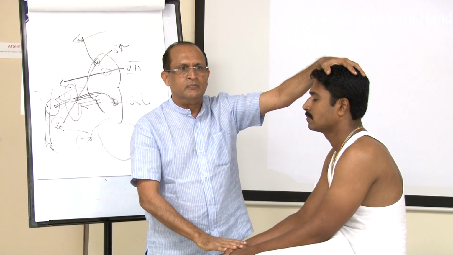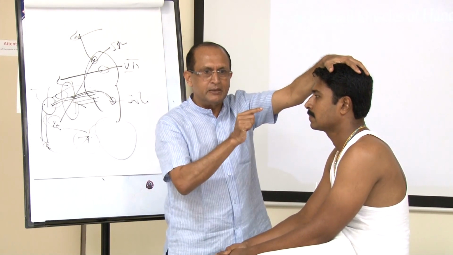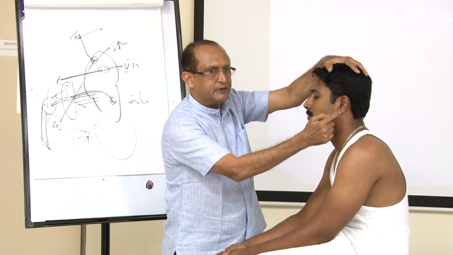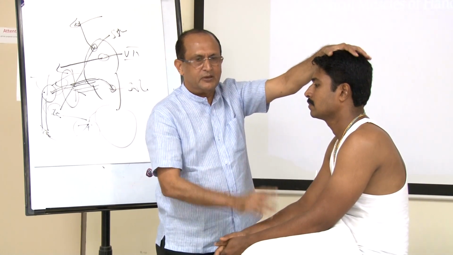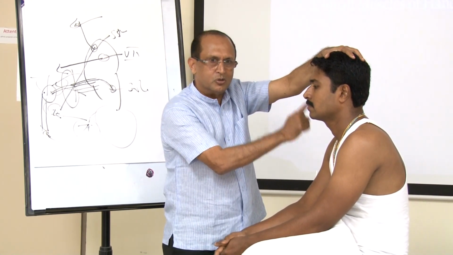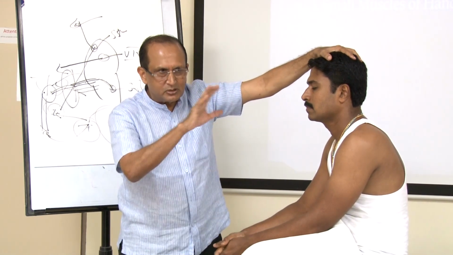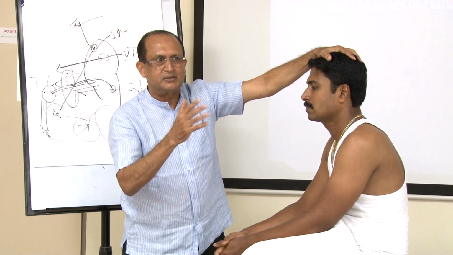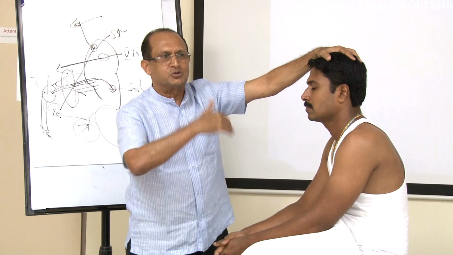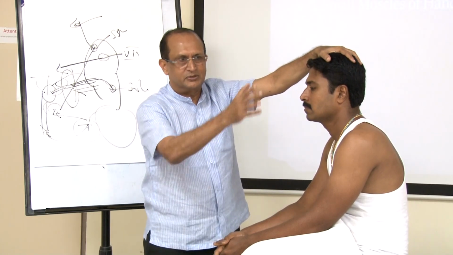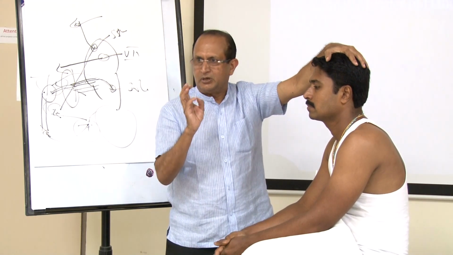Hum test is ask him to do humming. If that humming is localized to the defective ear, then you know this is a conduction deafness. If he says that humming is heard in the normal ear, then it is a sensory neural hearing defect. So this makes your exam very brisk, and you are almost sure that I am dealing with a sensory neural hearing defect. So of course I have to look for all other cranial nerves in that CP angle. Again, 8th nerve, the same thing I am telling you. So hum test is very important.